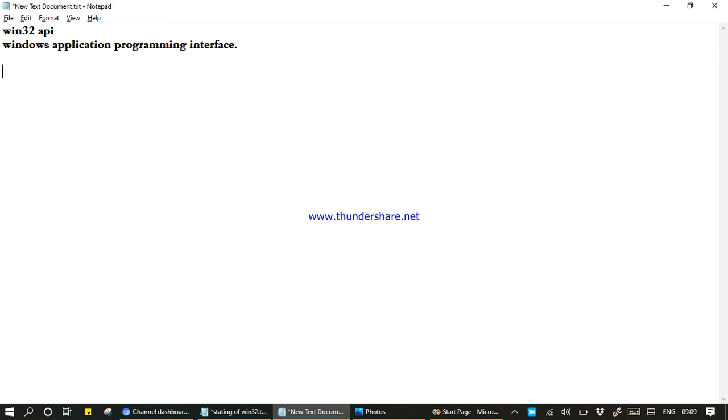When you are installing your OS, all the APIs are included in your operating system, and you can handle those APIs by calling the header windows.h.